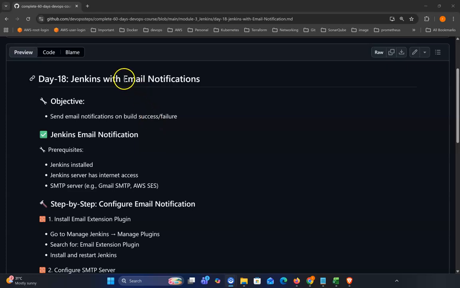In today's video, I will show you how you can easily add email notification in your Jenkins pipeline. So when any success or failure happens in our pipeline, Jenkins will notify us by email. Those things I will show in this video, and first I will explain, then I will show the